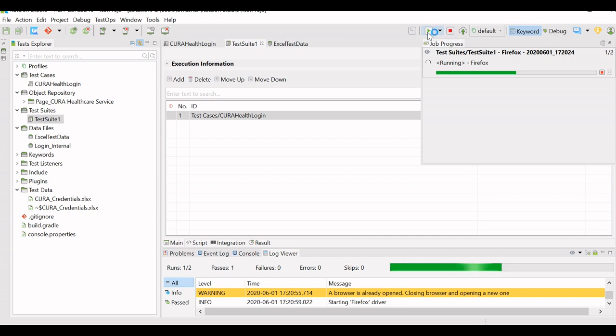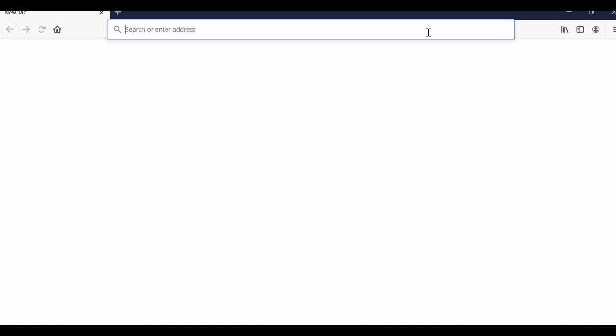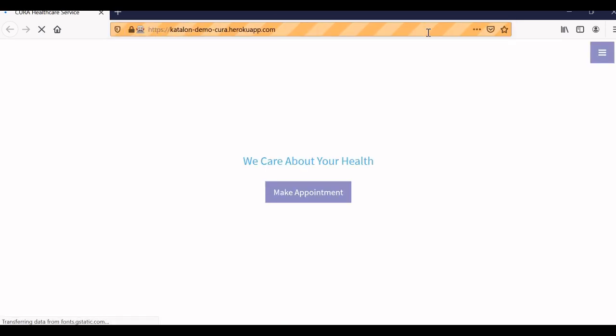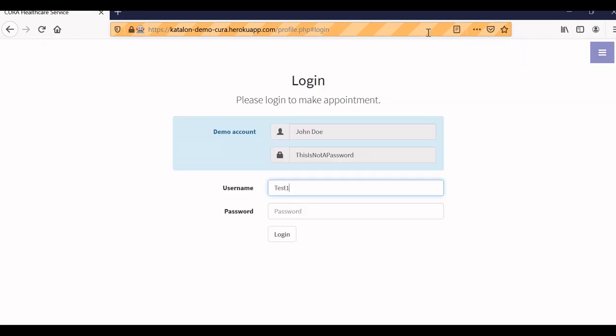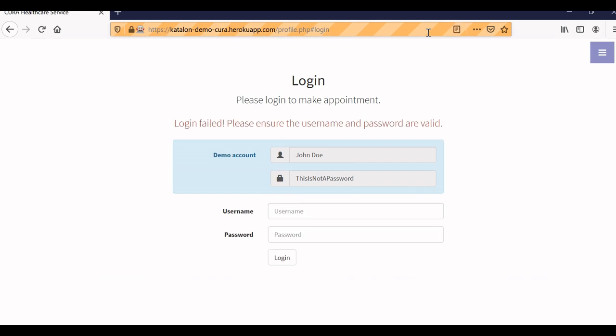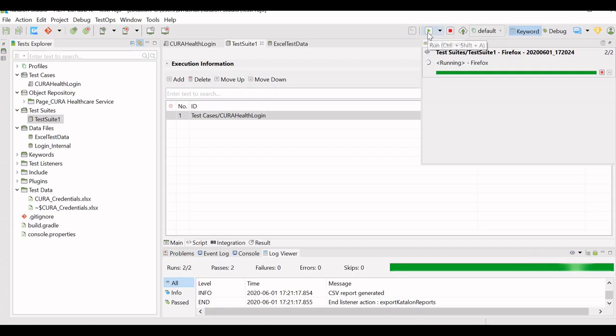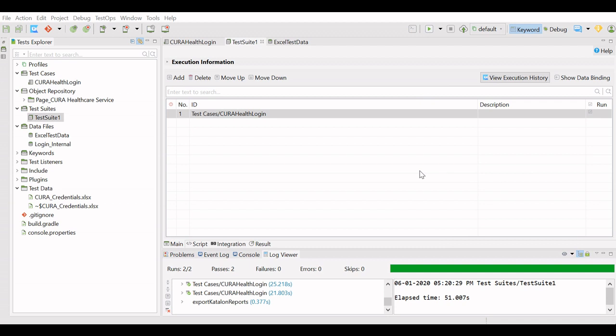It has taken the correct test data and logged in. Now it will take the incorrect test data, that is second row, and it has taken it. It finished execution. This way you can use multiple test data iterations for the same test case.